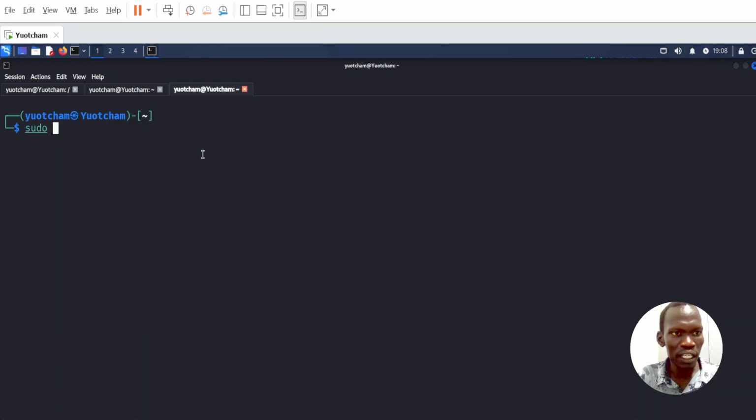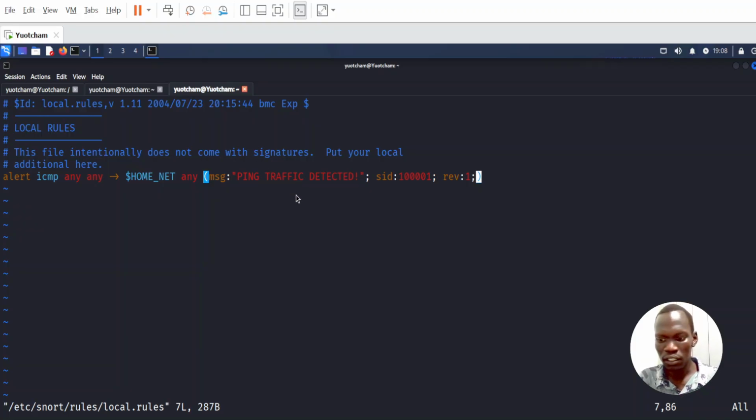We go back again to the rule file through this snort, then rules, then local dot rules. You enter your password, of course, and you are here. Now let us enter a new rule. Here we say a rule that will detect any unauthorized access to your network through SSH protocol. Here we say alert